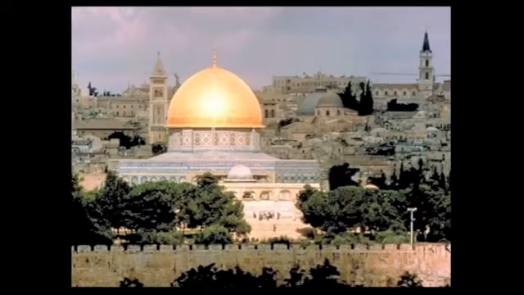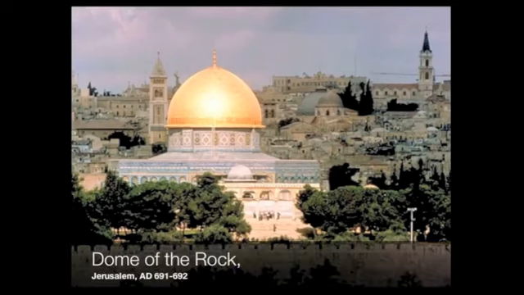Domed building marking a spot, centralized plan. Where have we seen that before? Which architecture that we've looked at before strongly favors the idea of centralized plans? Any takers on that? I think you said